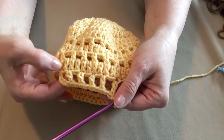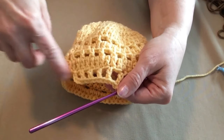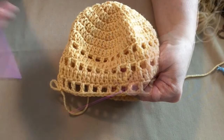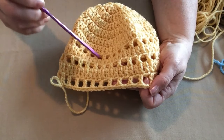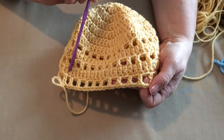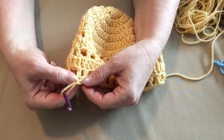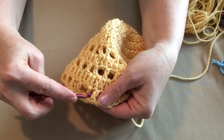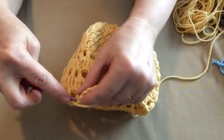So another row of double crochet, chain 1, skip 1, double crochet all the way around, join to the top of our chain 3. We completed the last row of our repeats. Only on this one we're not going to stitch a row of double crochet, we're going to stitch a row of single crochet. So we chained 1, we're going to go in that chain 1 space and single crochet, and then we single crochet in the double